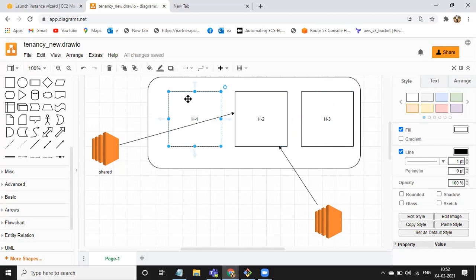Similarly, in shared tenancy, if this hardware comes down, what will happen, guys? You just need to stop the instance and start it again. Then automatically the server will be provisioned and sit in new hardware. So these are the basic things I'm telling you, just what will happen in the backend data.